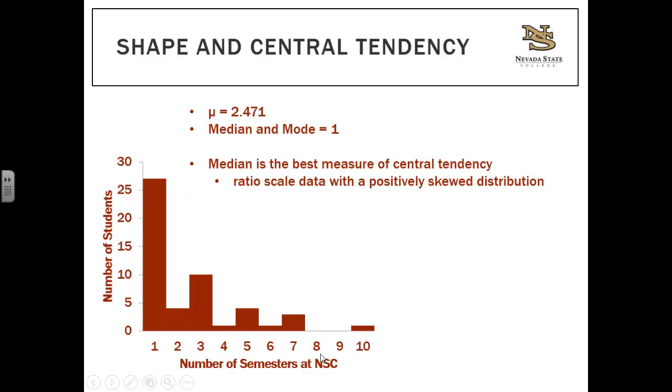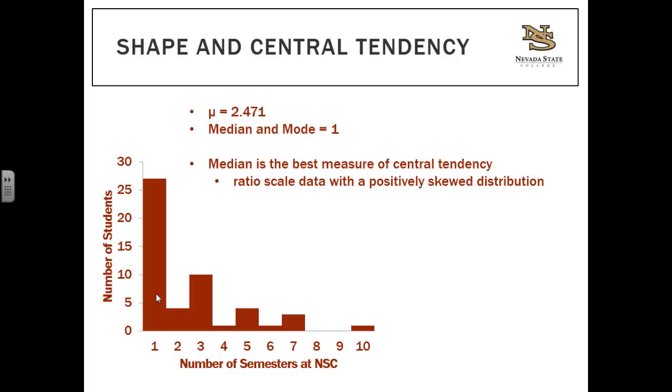We've got just a couple in the high end, but the vast majority haven't been at NSC for very long. If you calculate the mean for this data, you get 2.471. That's not a very accurate representation of our data. But the median and the mode are. The median and the mode equal 1. That is a pretty accurate representation of the fact that most students in the data set had only been here